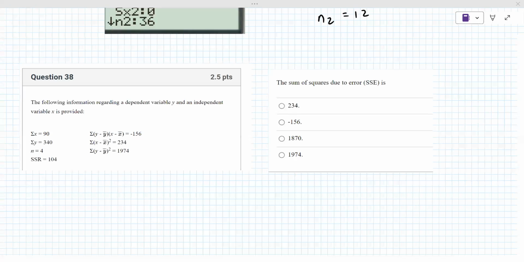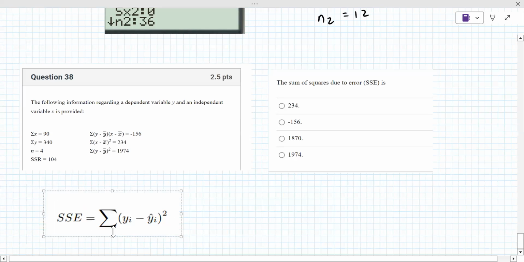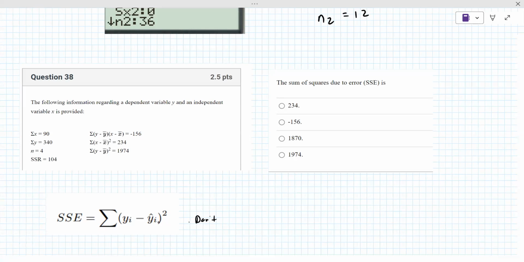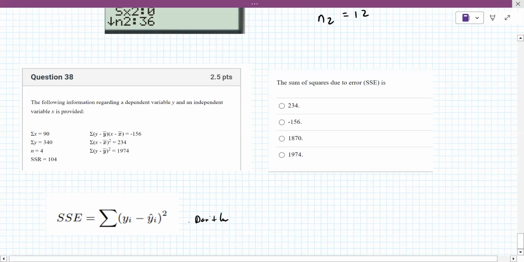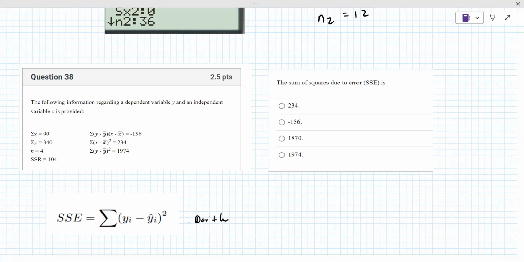So this one's asking for the sum of square error. Again, for the sum of square error, you go to the formula sheet and you're like, all right, well, maybe it's there. And this time, sum of square error is the yi minus y hat squared, which you do not have. It's like, I thought I had it. Nope. So you have to do it another way. The way that you typically do it is the SST equals